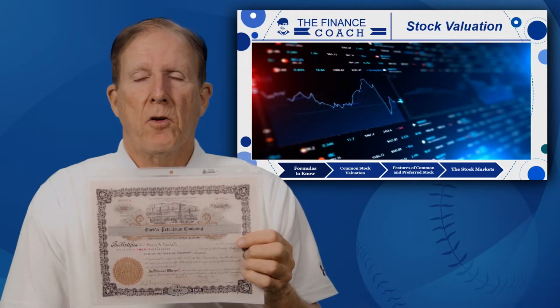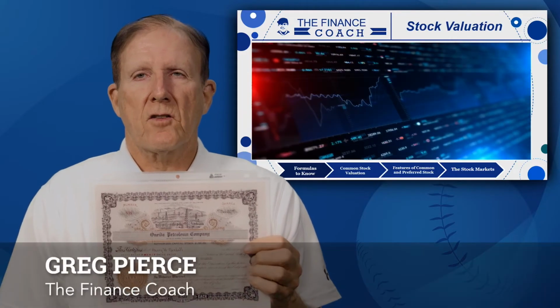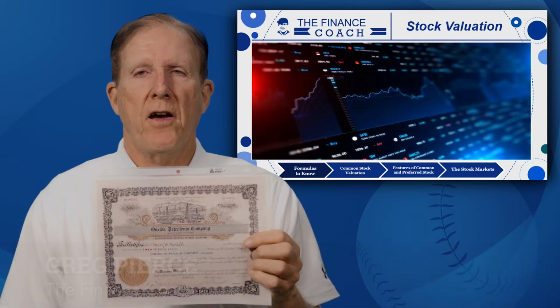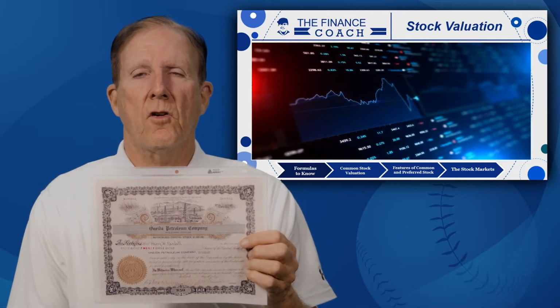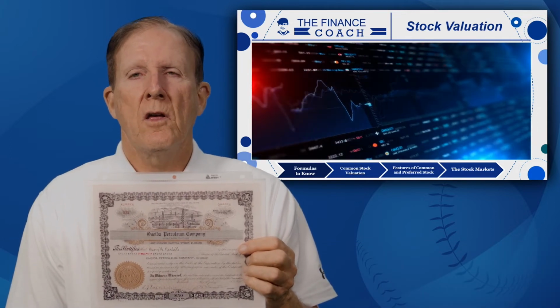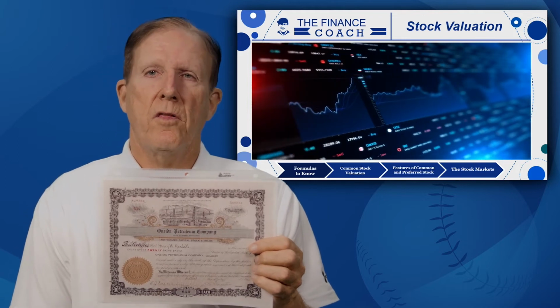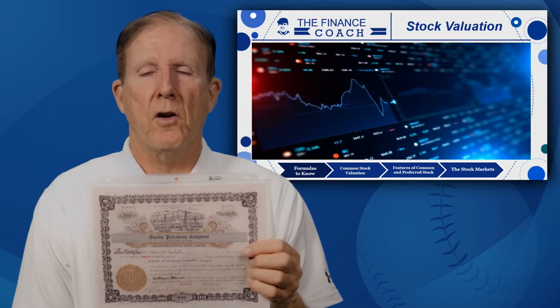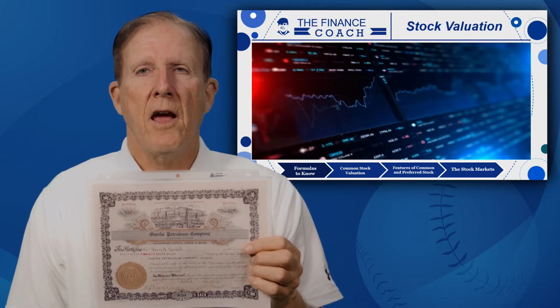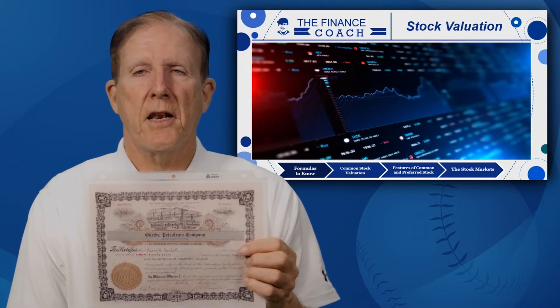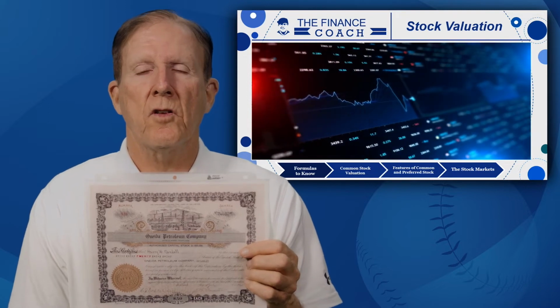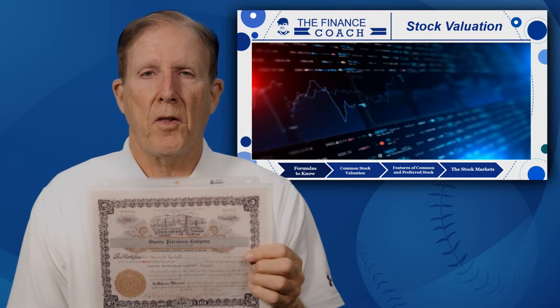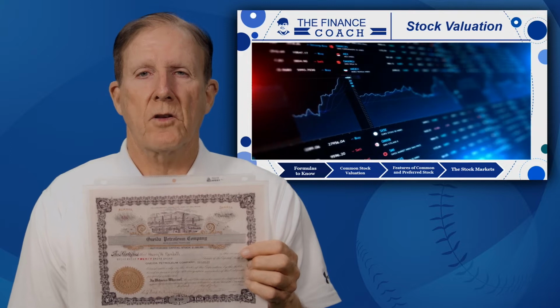Okay, in session number 8, we're going to look at how we value stocks and how that is different than the bond valuation we just concluded. Stocks are a little bit harder to value. We don't know the coupon or the dividends. Dividends are unpredictable, whereas the coupon is pretty well set at the beginning. Coupon rate is set at the beginning of your stock or bond purchase. Dividends can go all over the place, so a stock is a little bit more difficult to value.